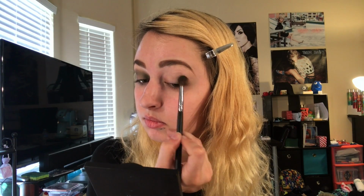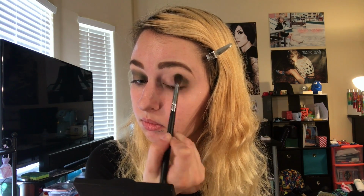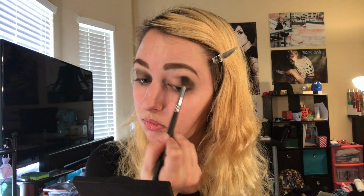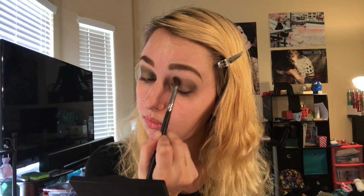Now we are going to start our eyeshadow. I am taking my Mikasa E330 Domed Eyeshadow Brush, and I am also going to be using my Urban Decay Single Shadow in Bender, and I am going to be blending this color along my crease to use this as a bold transition color. I am showing you the second eye so you can have a visual for what I'm